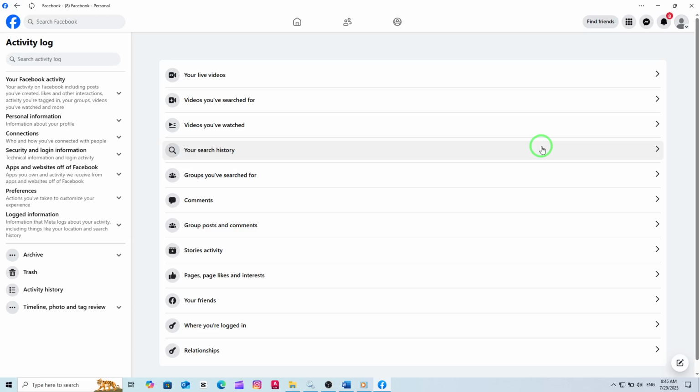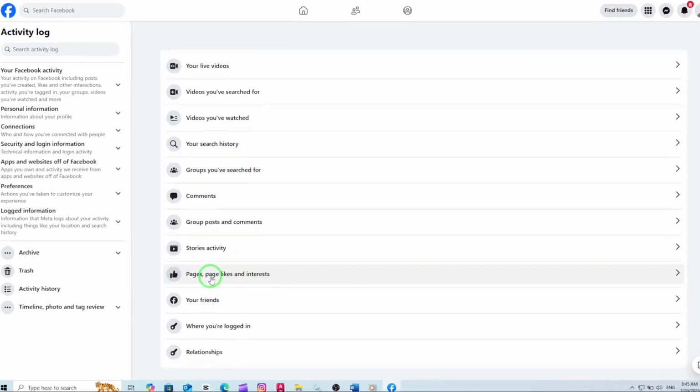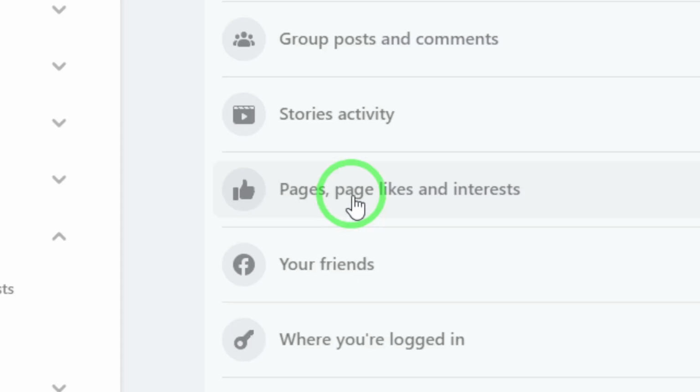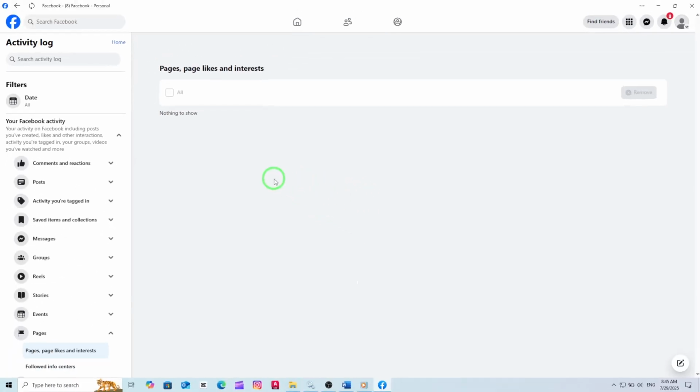Scroll down until you find the section called Pages, Page Likes and Interests. Click on this to move forward. Here, you'll get a complete overview of all your page interactions, the pages you've managed, liked, or shown interest in. It's the perfect tool to monitor which pages you're following or engaging with, and helps you easily clean up your list if needed. With these steps, you can review all your recent page activities, keeping your Facebook experience both tidy